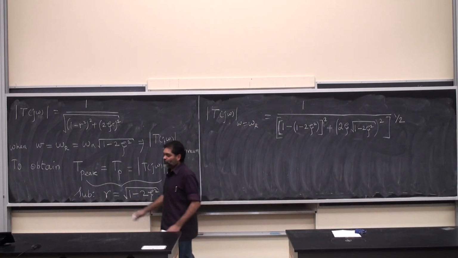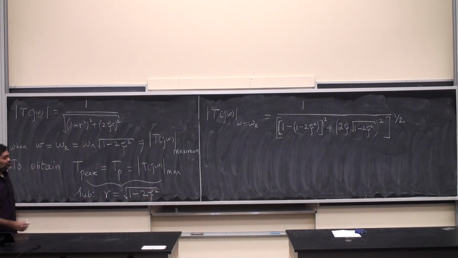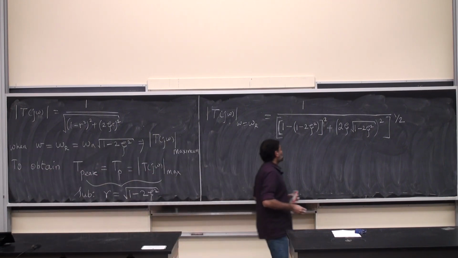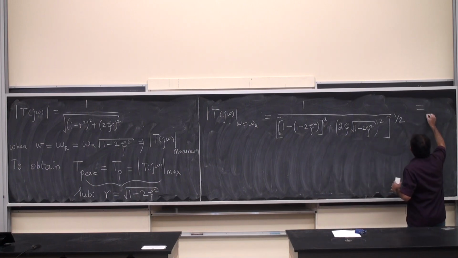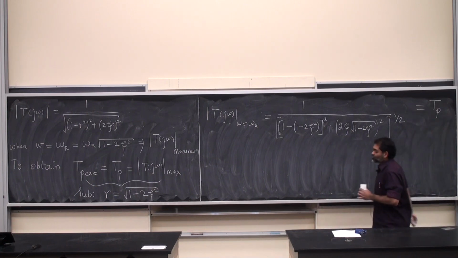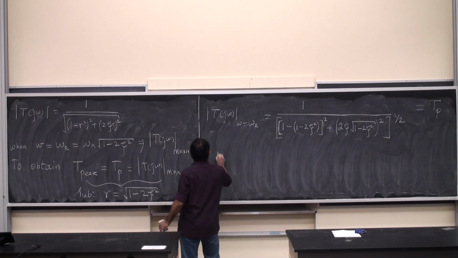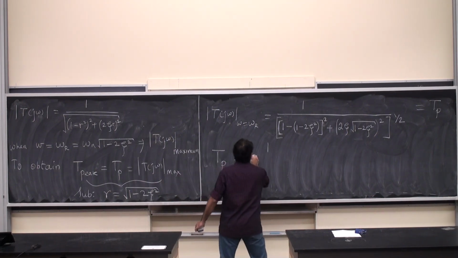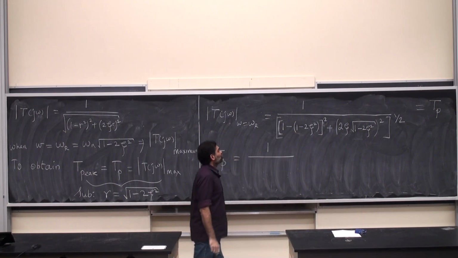Clearly there is some algebra involved here, and all good things have some algebra involved. I will not go through the algebra. If you go through the algebra, which I have done in my lecture notes, this is called T peak. You will end up getting T suffix p as 1 by 4